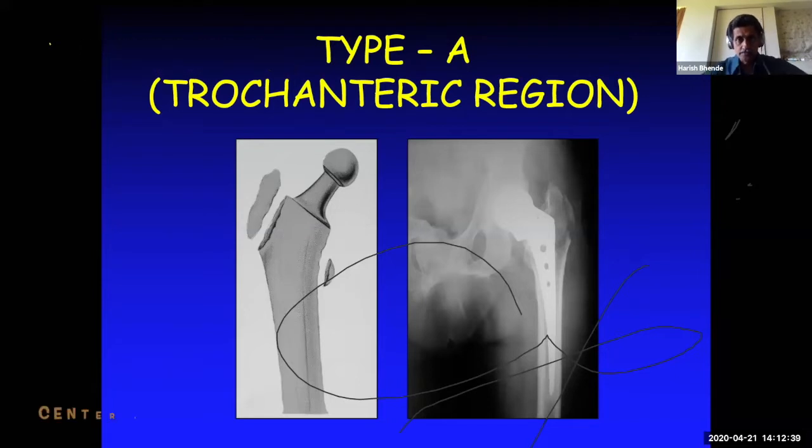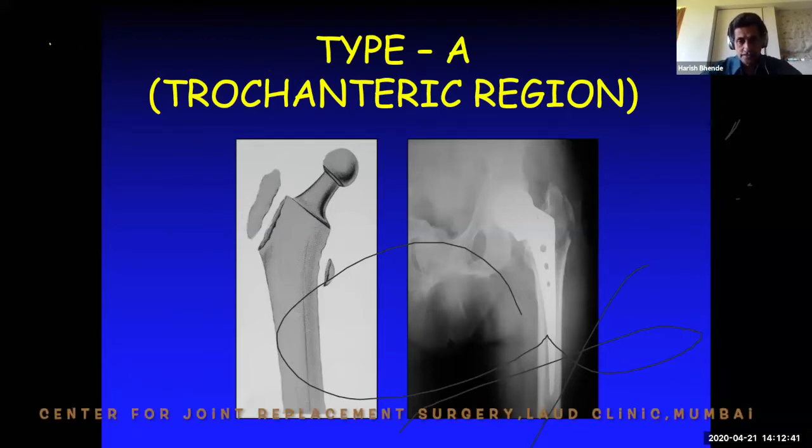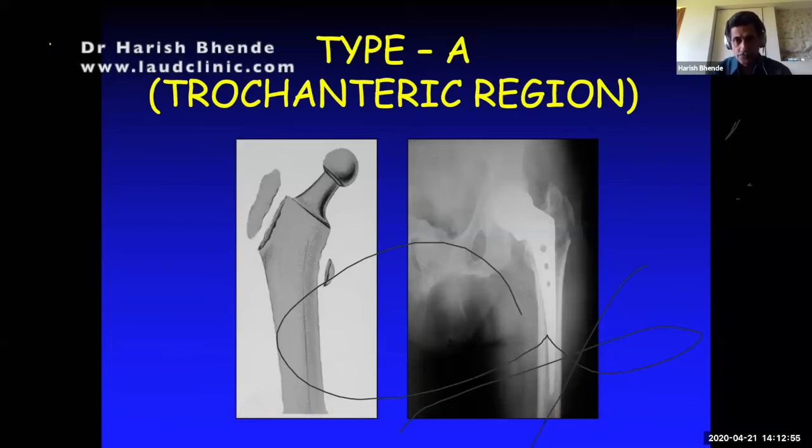So when a patient with so-called type A comes to you, it's very essential for the surgeon to ask the patient whether the patient has got any previous pain in the hip, whether the patient has got any previous injury, or whether the THR is a fresh one or an old one. Any type A fracture in a trochanteric area, which is happening when the THR is maybe 7, 8, 10 years old, you have to keep in your mind the possibility that there may be osteolysis, and that osteolysis may not be very visible unless you take a good quality X-ray, and that is the reason that this trochanter has fractured with